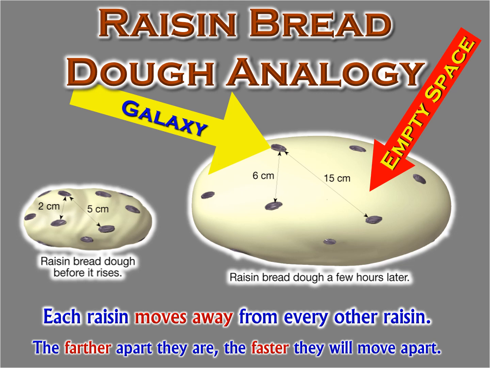And once again, imagine the raisins inside the bread on the other side of the bread that you can't see, all of them spreading apart. But if they're closer together, the spreading will be slower than if they're farther apart on opposite ends of the bread.